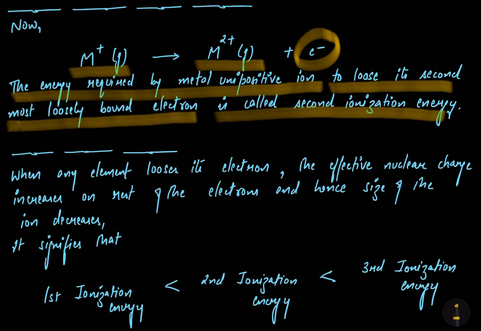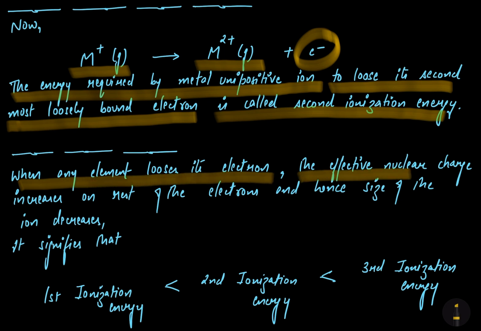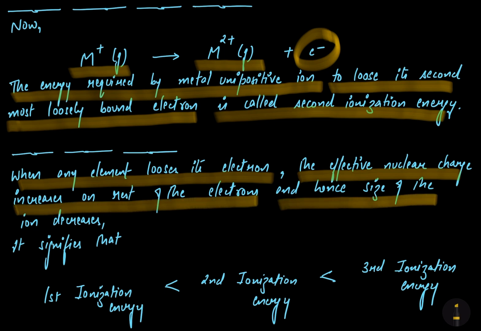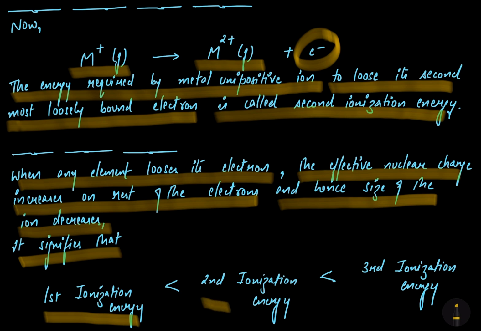Let's come to the next point. When any element loses its electron, the effective nuclear charge increases on the rest of the electrons, and hence the size of that ion decreases with respect to the parent atom. Now if the size has decreased, the second most loosely bound electron is very tough to eject. That means for the second electron the element will require higher energy compared to the first electron. So it signifies that the first ionization energy is lower than the second ionization energy,